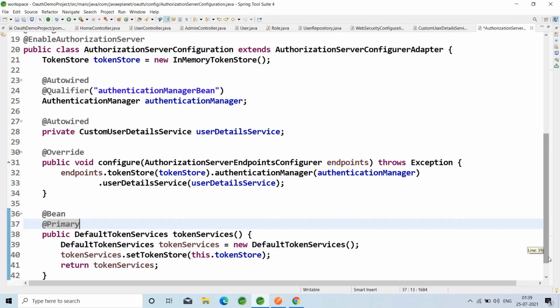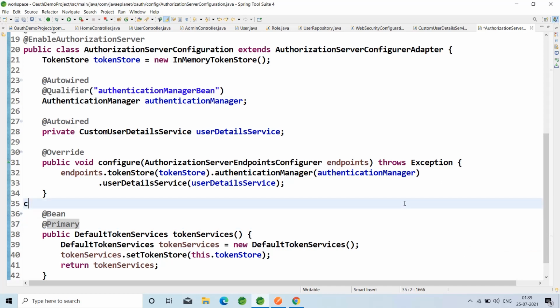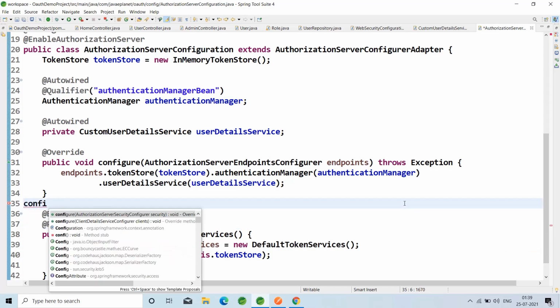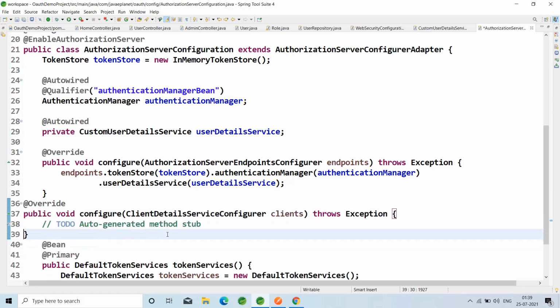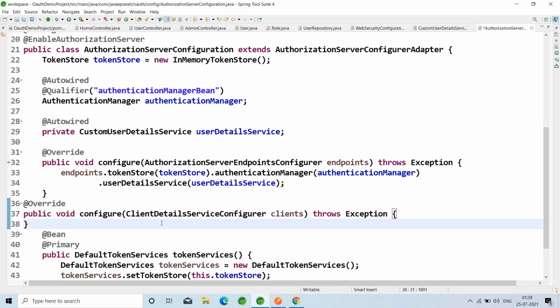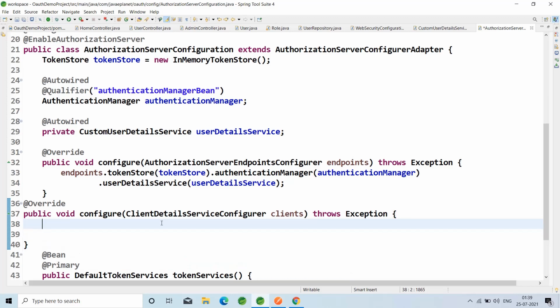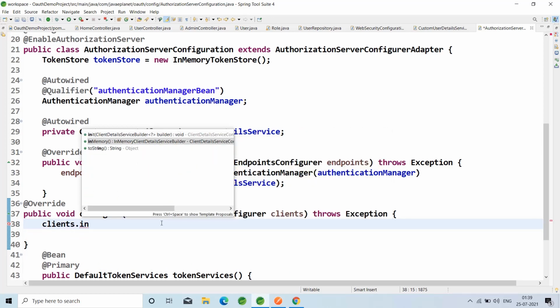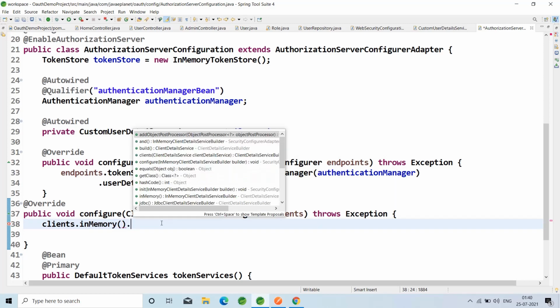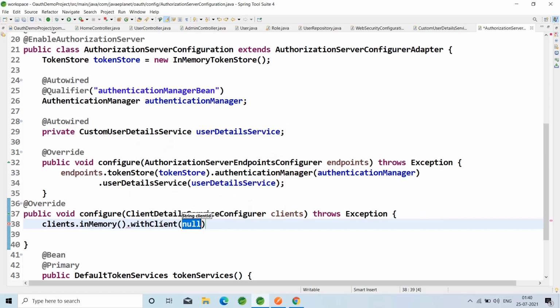Configure, write one method with client details service. clients.inMemory().withClient, which takes the username.